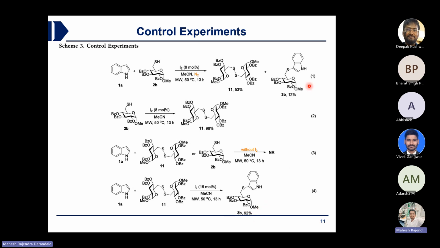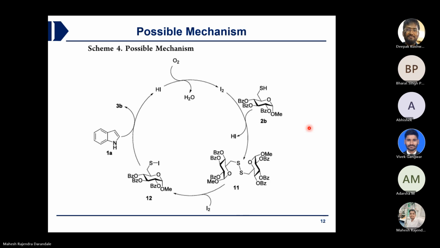So while considering all these four results, all four reactions, they gave some possible mechanism. Here is the possible mechanism. First reaction, they are getting the oxygen role. Second reaction, they are getting some disulfide linkage. Then third reaction, what is the role of the disulfide linkage? And fourth reaction, role of the iodine. So summarizing all the things in the possible mechanism. First, iodine is used to form this disulfide linkage.